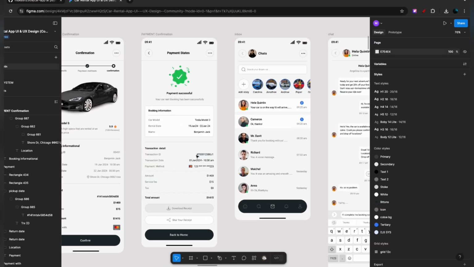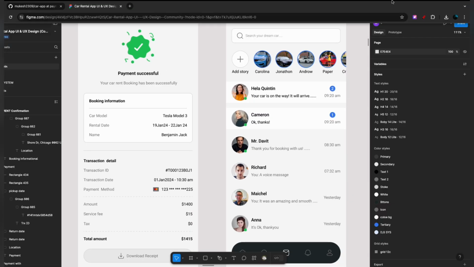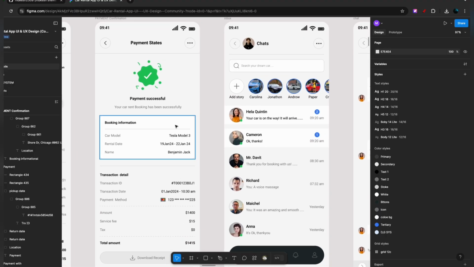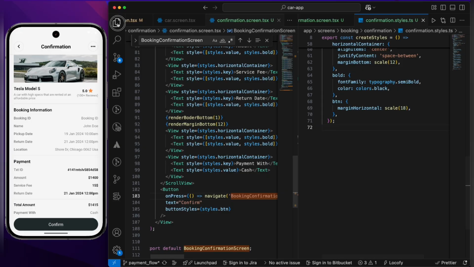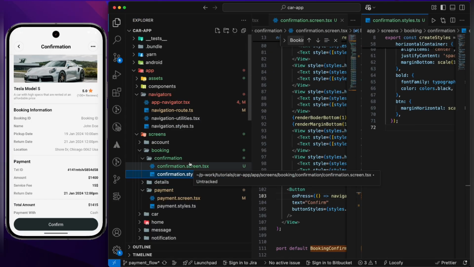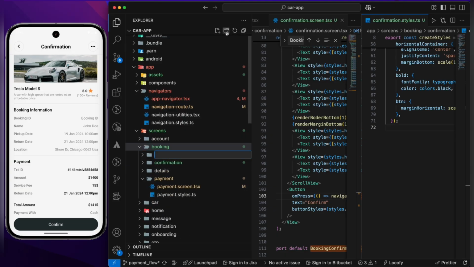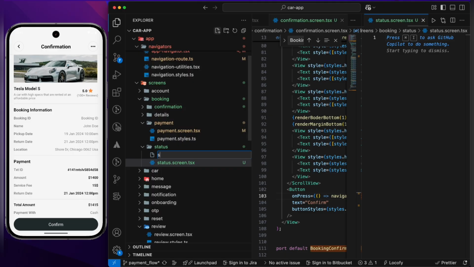So let's jump right on to the payment status screen. Let's make this. So now let's build this payment status screen. So for that, what we will do, let's come to this screen folder, and over here what I'm going to do, instead of this in this booking folder, let's create another folder, status. So status will be, I'm going to keep status.screen.tsx, and then we'll have